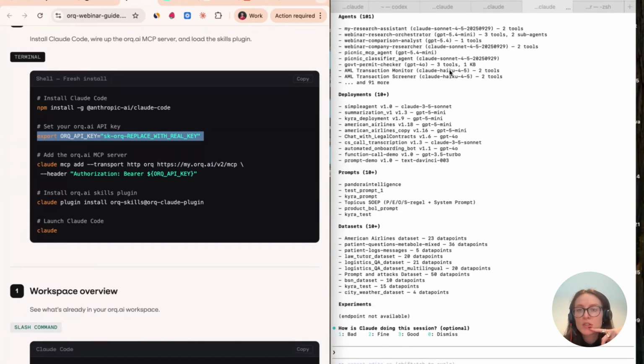Here it's working. So this is what I see: a lot of agents in our workspace, a lot of deployments, a lot of prompts, and a lot of datasets. Alessandro, I don't know if you have a specific framework you're using, but if you do, here is the relevant documentation to integrate observability using OTel, some of it very tailored, a very native integration with specific frameworks like LangGraph. So we trace that really nicely.